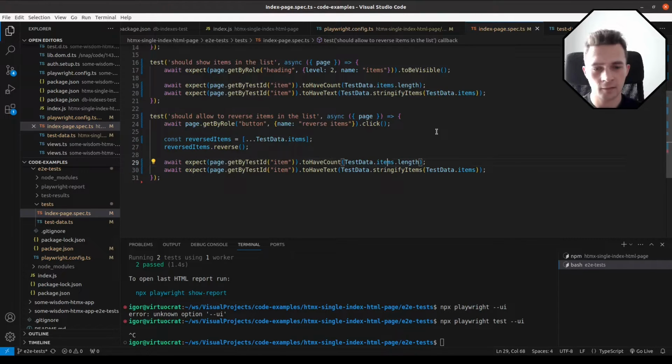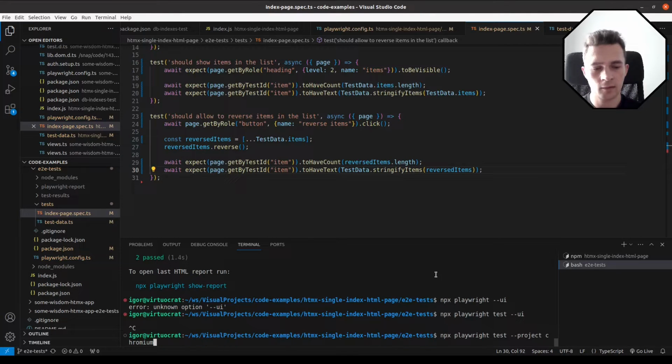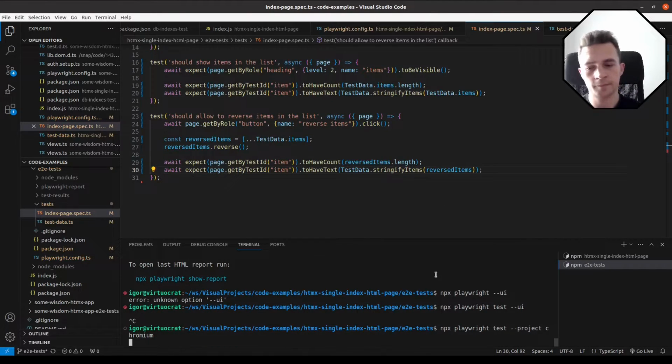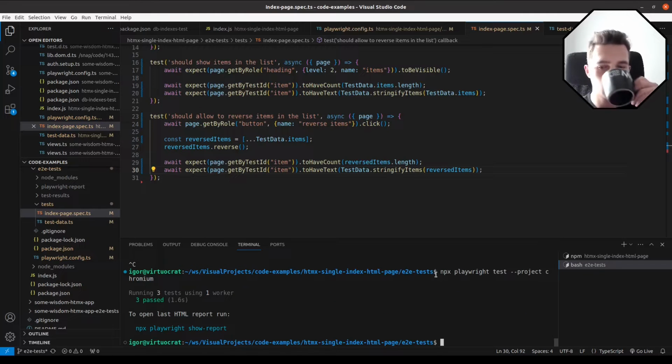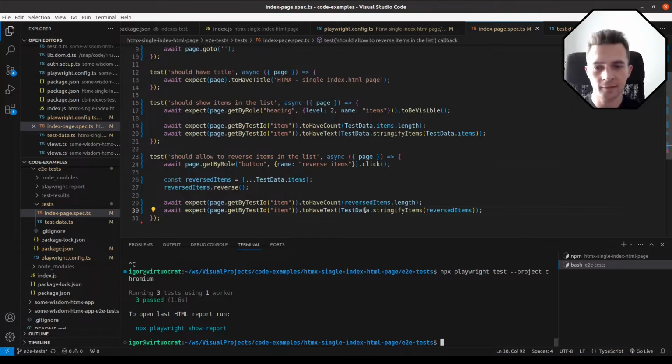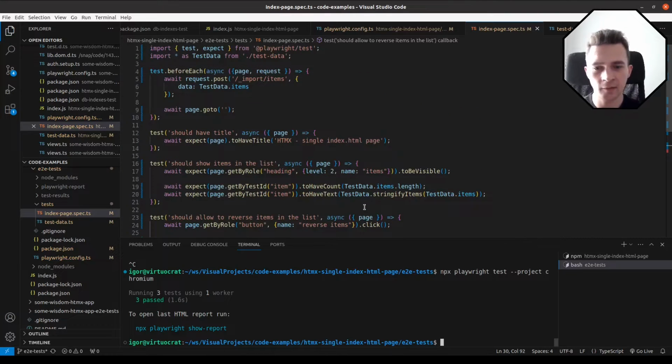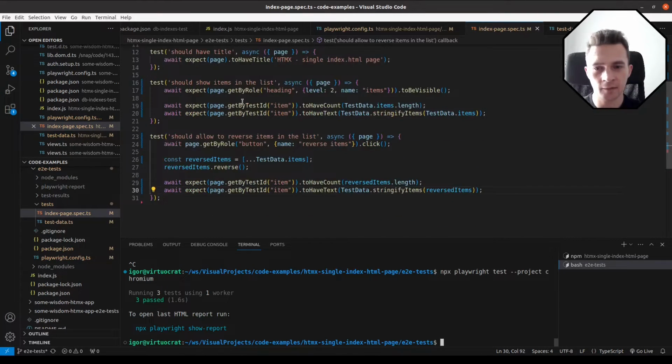And I guess it will be the same, but reversed items here and here. And let's run it, guys. We have it, and as you can see, we start to duplicate some stuff, locators